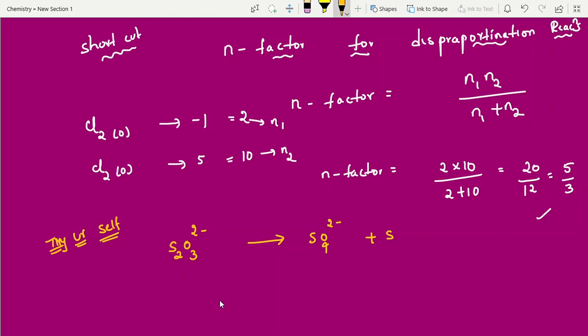Yes, everyone comment me this answer, students. You can follow the first method, or the second method, and finally do this one. Okay, students, with this the equivalent weight and n factor calculation is completed. In the coming videos, I am going to explain balancing the reaction: balancing by the oxidation number method in acidic medium and basic medium, and the ion electron method. Both methods I am going to give.